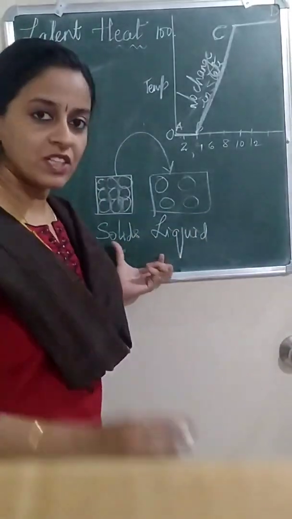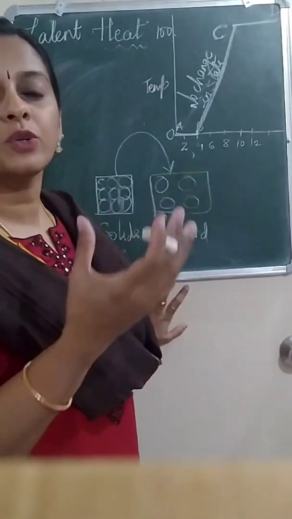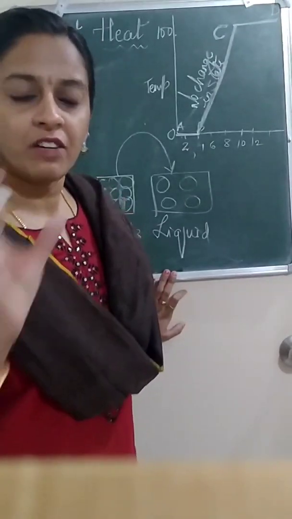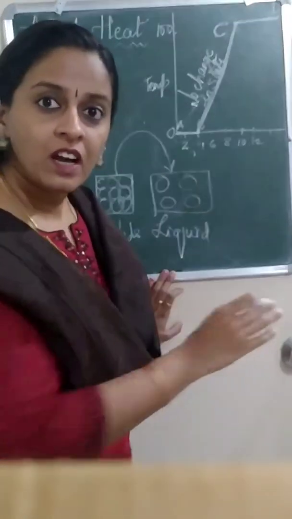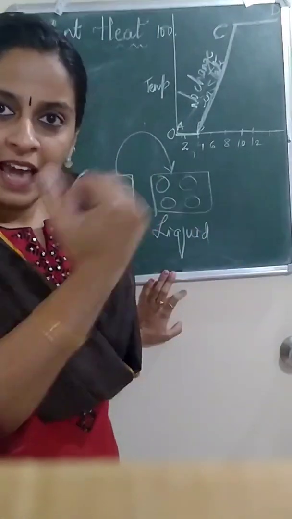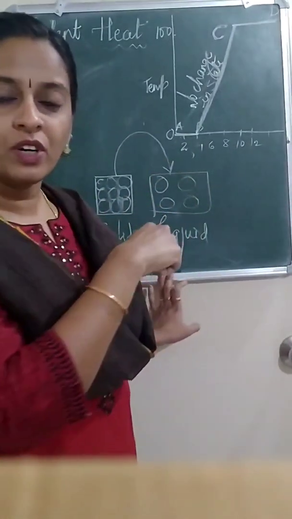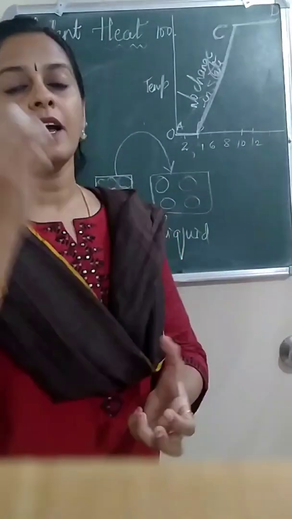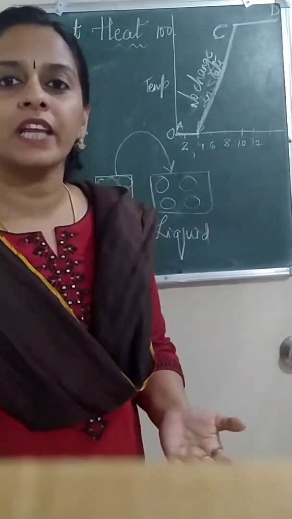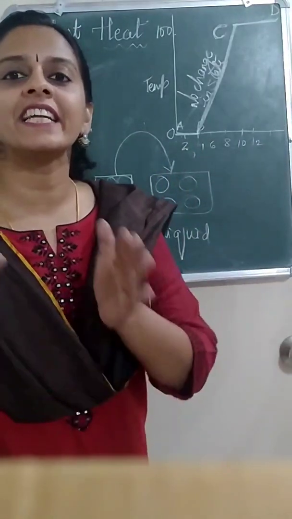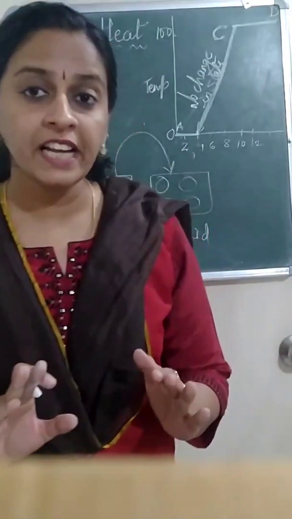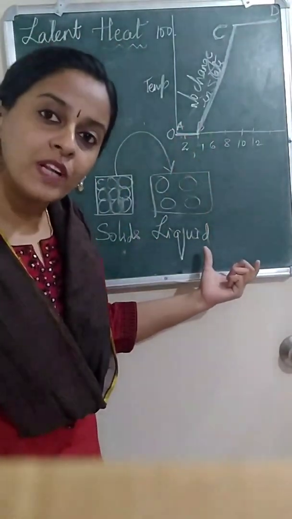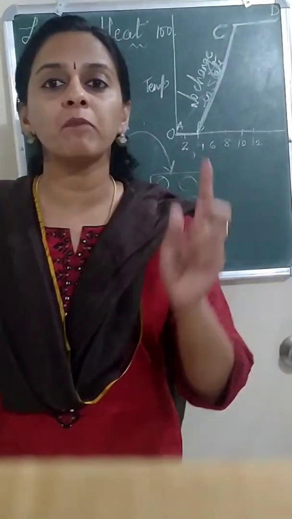So the constant temperature at which ice gets converted into water is called the melting point of ice. Now to get converted from ice to water, how much heat energy was absorbed? You supplied a burner, no? So the burner was giving heat energy. How much heat energy was absorbed by a solid to get converted into liquid state is called latent heat of fusion. What I said, the constant temperature at which solids convert into liquid is called the melting point of solids.